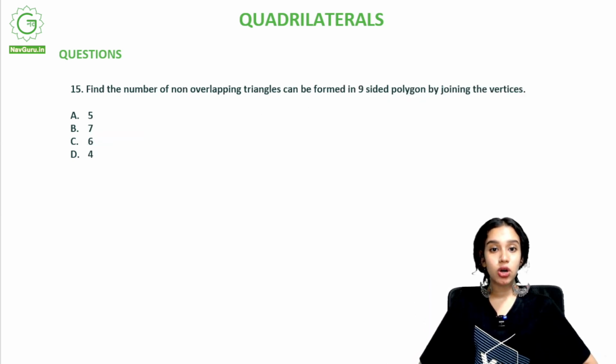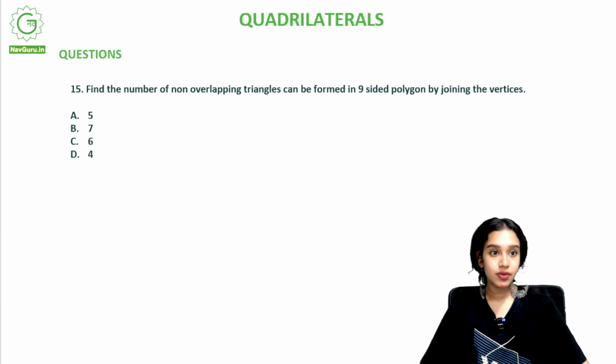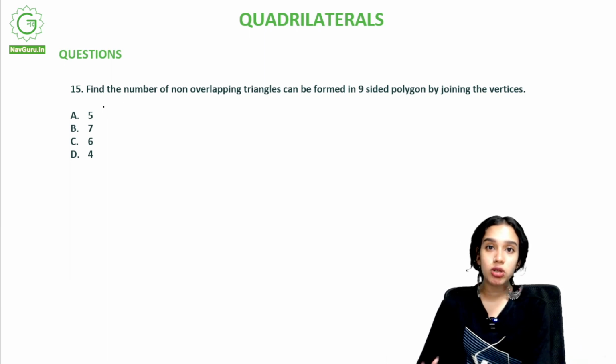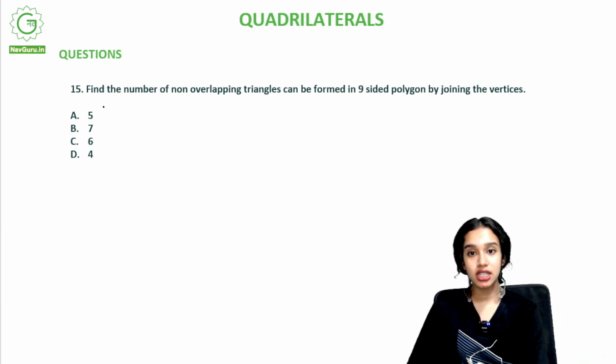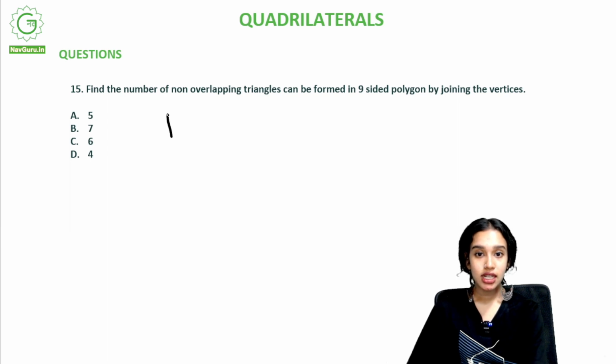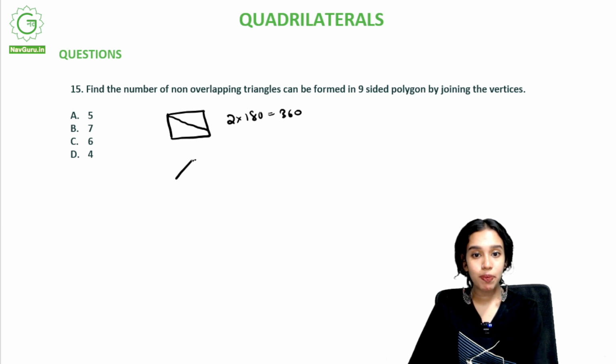Find the number of non-overlapping triangles that can be formed in a 9-sided polygon by joining vertices, right? So we talked about how to form triangles inside of a polygon. Let's say for a square or a quadrilateral, we said that we'll find two triangles. We found the sum of internal angles is equal to 360, right? Now when we are talking about a pentagon,